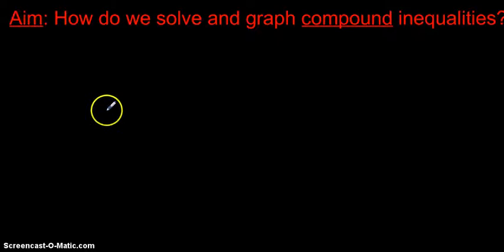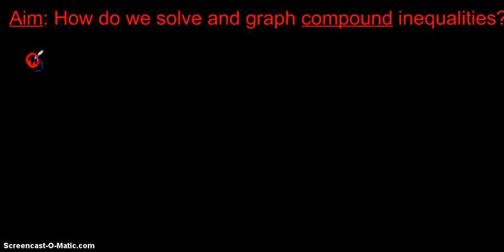Alright, so we're going to look at solving and graphing compound inequalities, and if you notice I underline compound because that's the key word. Compound is when you put two things together. So there are two key words in mathematics that tell you to put things together, and those are AND